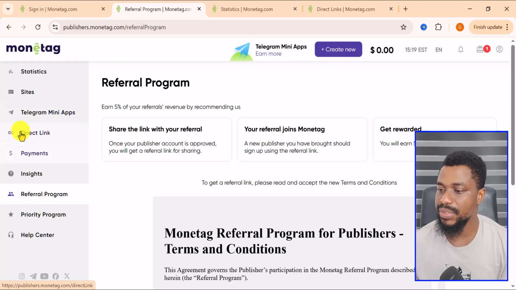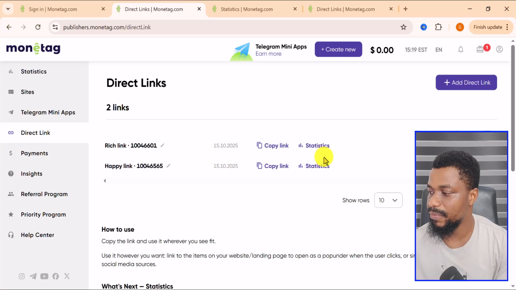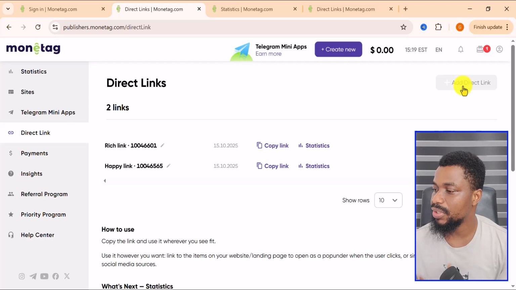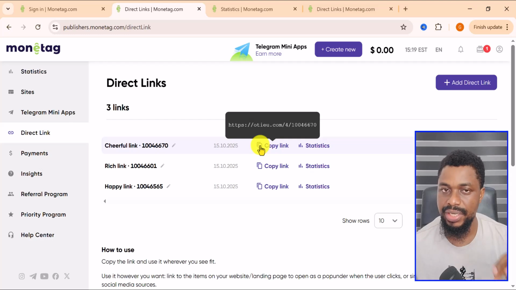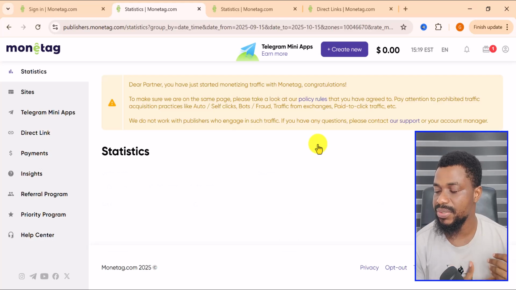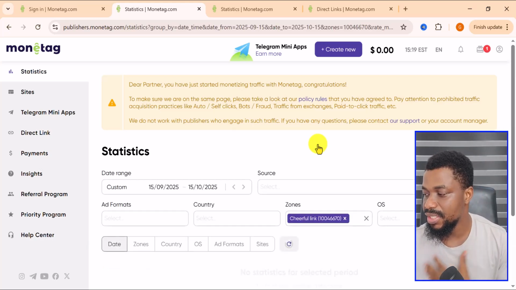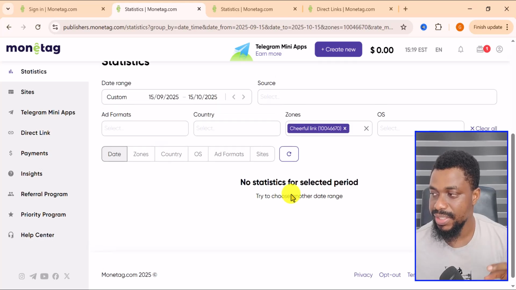Now let's come back to the direct link, and we want to create a smart link. I just created a few smart links when I was trying to make this video, but you can just come here and click on direct links. Direct links are basically smart links, and all you have to do is click on create. We have created it, so you just want to copy this link and keep it somewhere. For each link, you can come here and see the statistics: how many views it's getting, where it is getting them from, the different kinds of devices, and the money that it has earned.